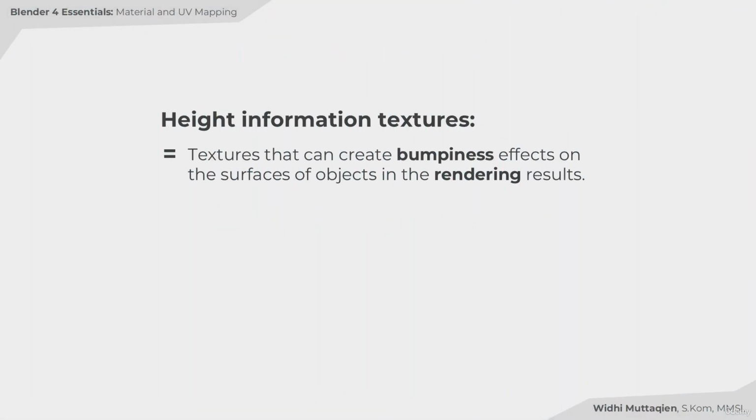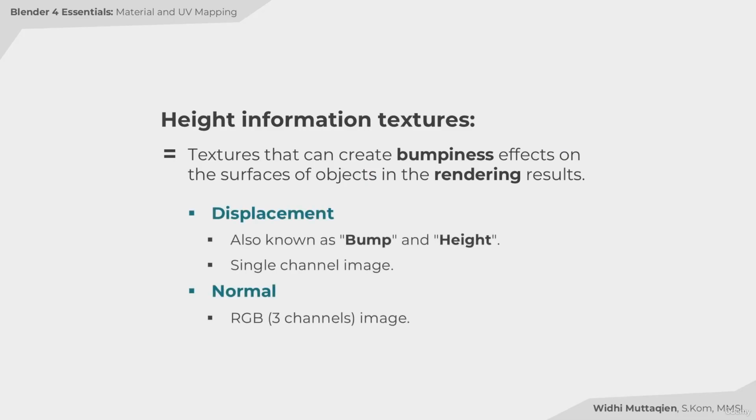Essentially, these are textures that can create bumpiness effects on object surfaces in rendering result. We can divide this type of texture into two categories: displacement and normal. Nowadays, the normal map usage is more common than the displacement. But let's discuss the displacement first, and then after that the normal map, as displacement is older and has fewer